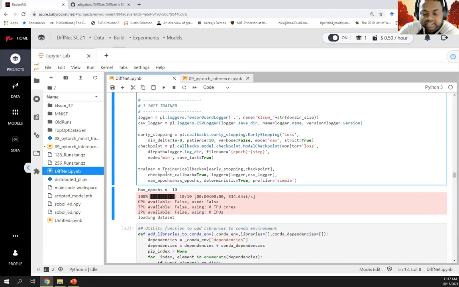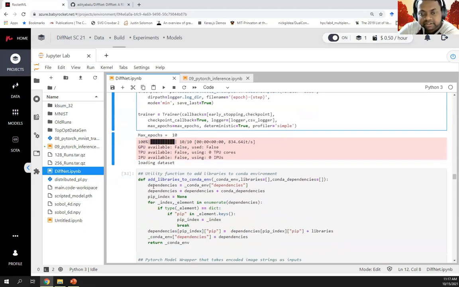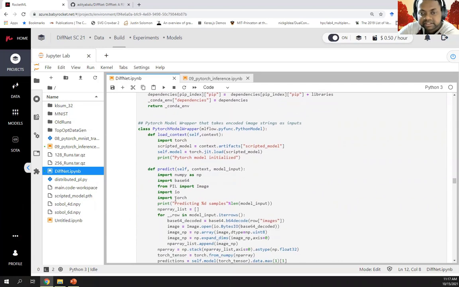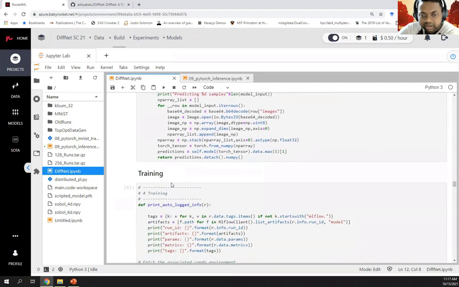For performing this inference at scale, we would like to deploy this model using MLflow, as we looked at in the previous session. So the way we do that is we create some utility function to get the Conda environment and add some pip libraries which we need, and some PyTorch model wrapper for how we parse the information once we create a deploy model, and how we predict it.